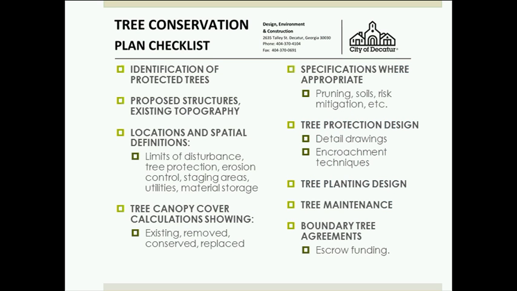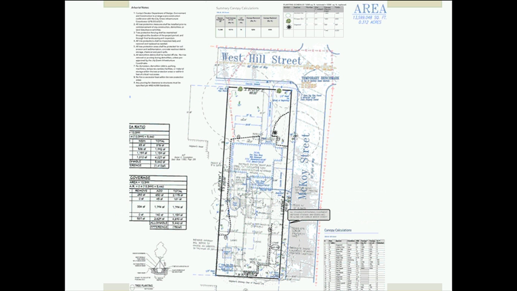I kind of ran through this already, the Tree Conservation Plan checklist. That is one of your handouts, and this is just the summary of the type of information that I just reviewed. And this is what one of the tree plans looks like from the city of Decatur. I borrowed this from one of the builders. It doesn't have all the information because I couldn't bring it all up on the screen,